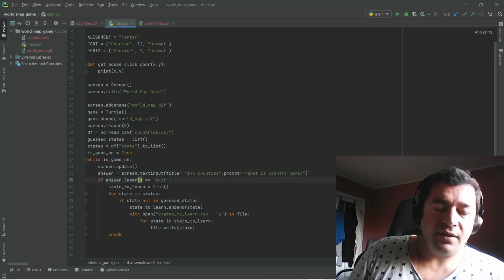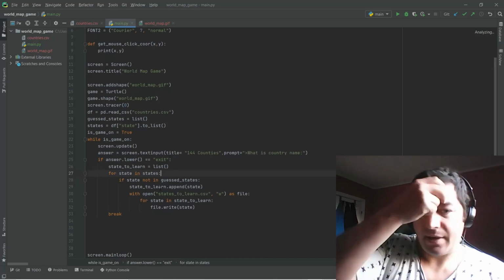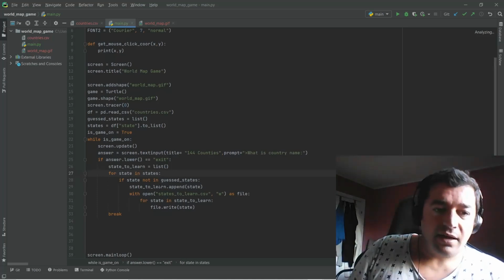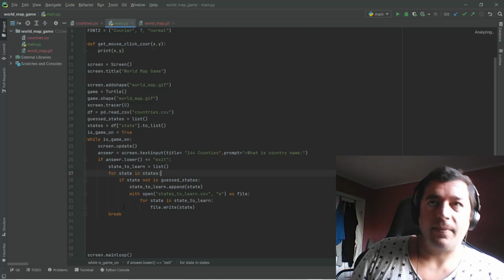And if the user writes exit, then the while loop goes in this direction and checks all the states, and if the state is not a state the user knows, then it will add it to states to learn, and therefore the states the user couldn't find out or does not know will be added here, and if they push the button to exit. Okay,